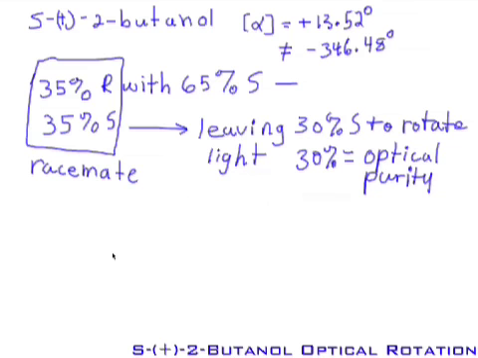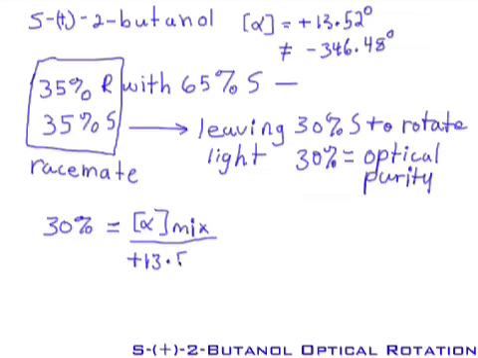Well, I can say 30% equals the specific rotation of the mixture divided by the specific rotation of the pure, and I'm going to check out both pures. What if it was 13.52? Well, if I do that for 13.52 times 100%, and I solve for the specific rotation of the mixture,